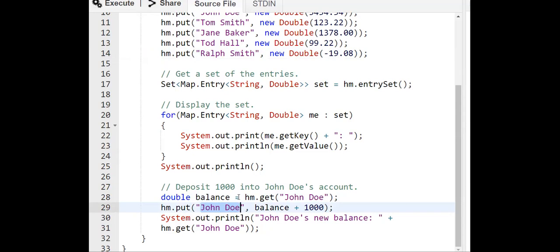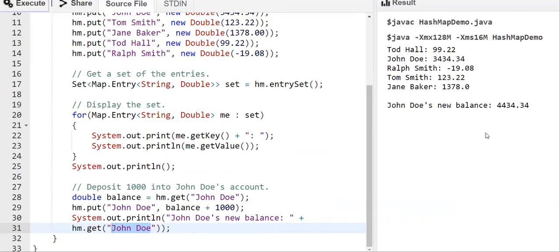So when we put the value with the new balance incremented by 1000, a new entry is not created; instead the existing entry is updated. Once it is updated, we can print: System.out.println new balance is hm.get, with the same key, John Doe.